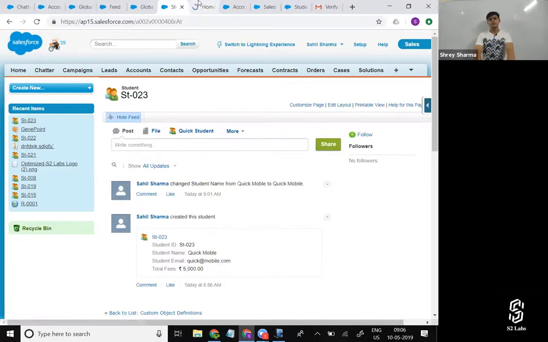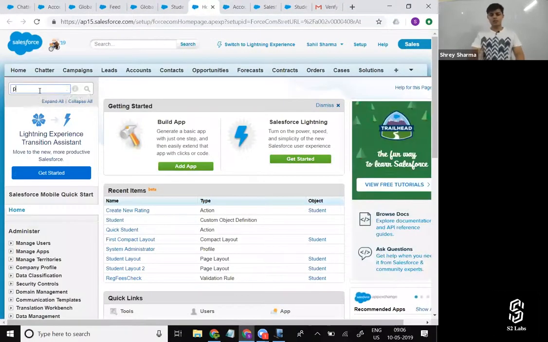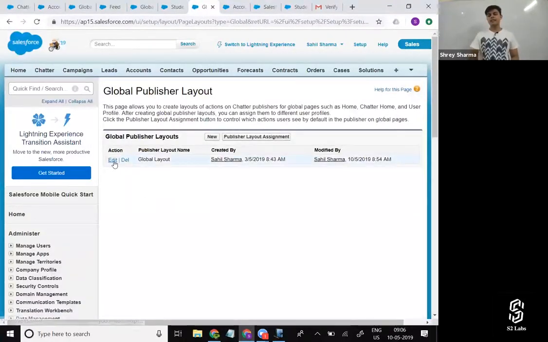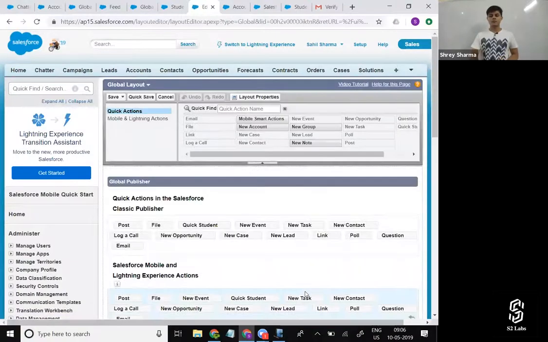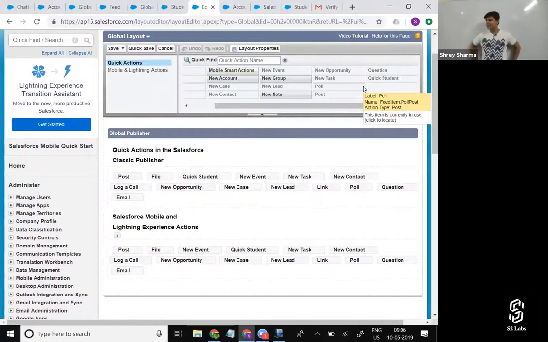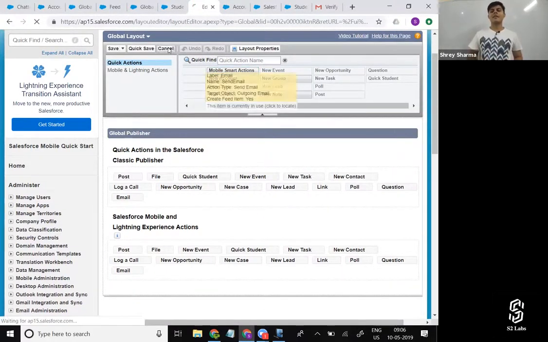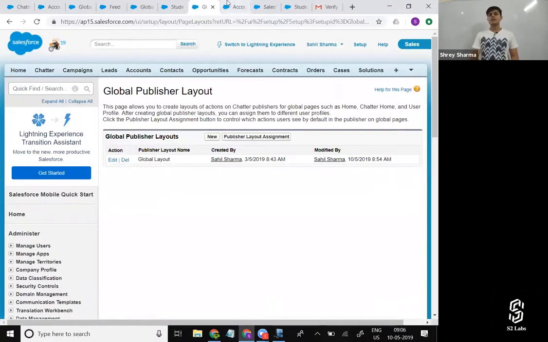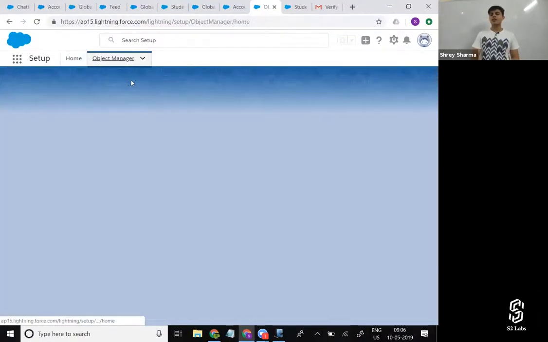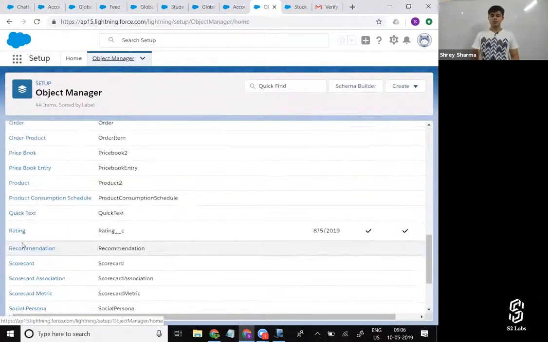We'll go to Setup, and we'll go to publisher layout, and we'll edit this. And now what? Exactly. This publisher layout controls the list of global actions, not object specific actions. So where do we control the list of object specific actions? Object manager, then student, and then